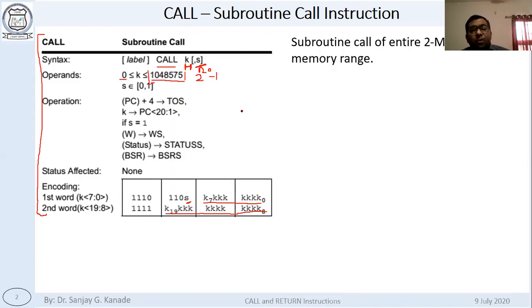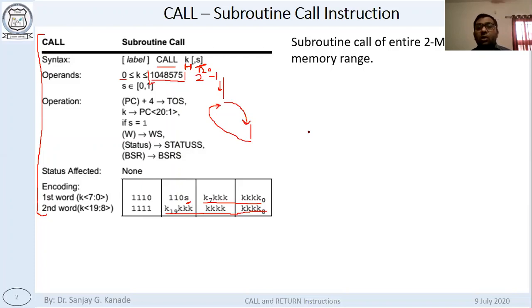But what if in my program I want to go to some other location, and once I execute that section, I want to come back from where I left and continue execution from the next instruction? Are you getting what I'm saying? If I'm running this program here from top to bottom, and I want to go to some other location, and then I want to come back here again.